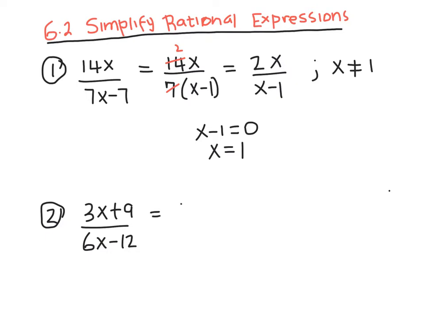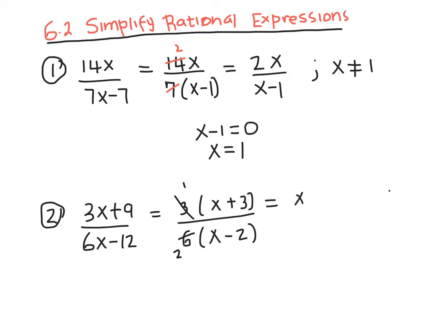So I can see 3 is common. So this is 3x plus, not 3x. But this is going to be x plus 3. Then I'm going to factor the denominator. So this is 6x minus 2. And what is common here? So 3 goes twice into 6. So I get x plus 3 over